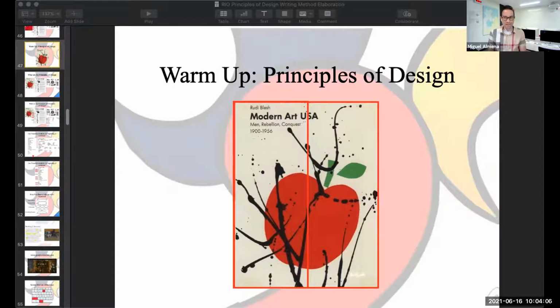Or why is it asymmetrical? And this is like a sentence, right? The modern art cover is asymmetrical because we have, well, what exactly is happening on the left? What is happening on the left in your description that's different than on the right? Go ahead and type that in the chat. You know, the Modern Art USA cover is asymmetrical because we see what on the left that's different than